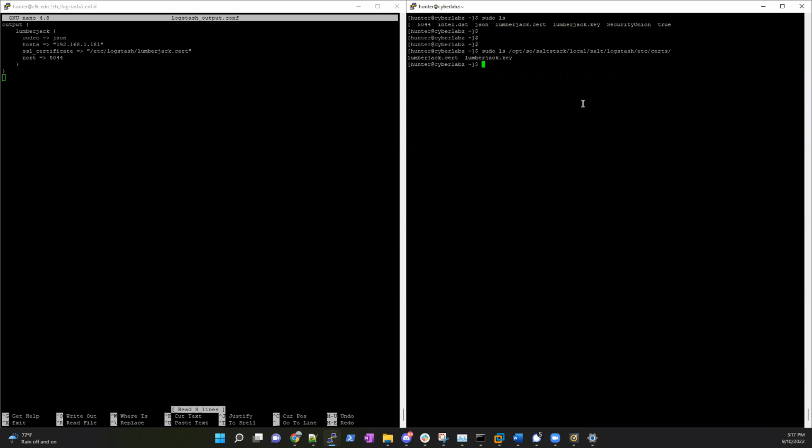All right. And once you list the contents of that directory, which the Security Onion documentation tells you to copy your certs to, you'll see they're in there. And this directory, once Salt makes its changes or once Logstash restarts, it will take the conf file and the actual cert and key and place it inside Logstash Docker. And to verify whether or not that's actually happening, we can do a couple things. We can go ahead and do sudo docker ps pipe grep